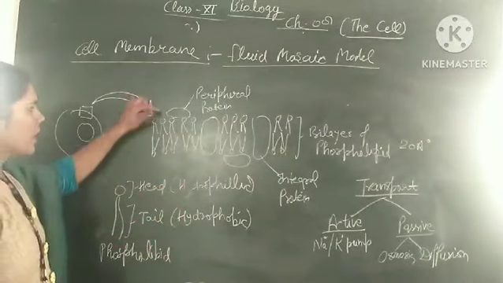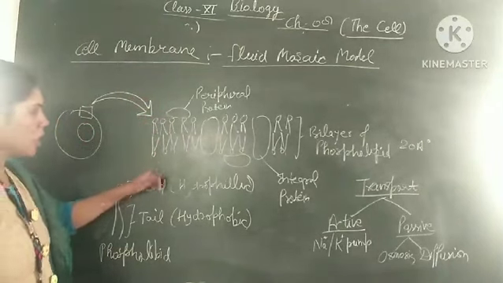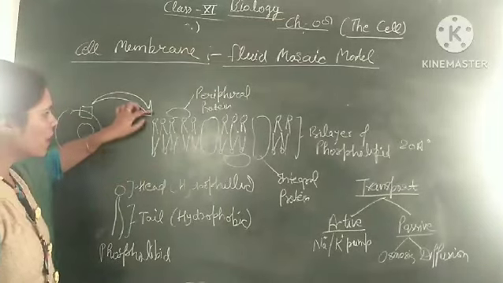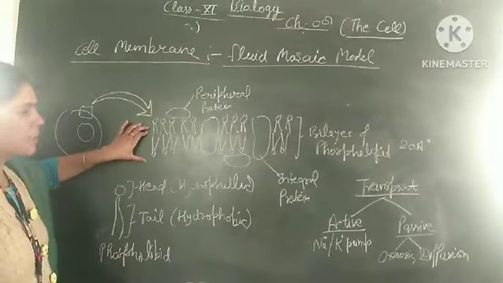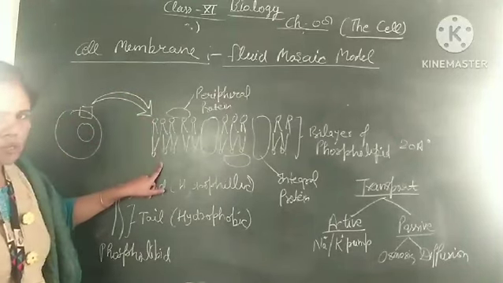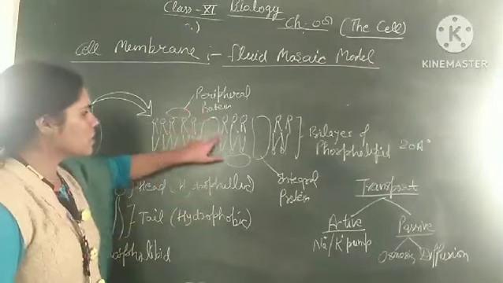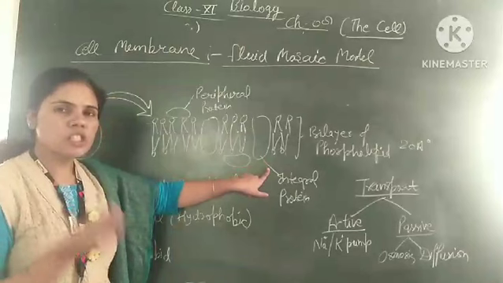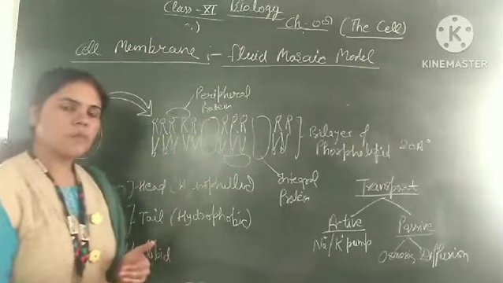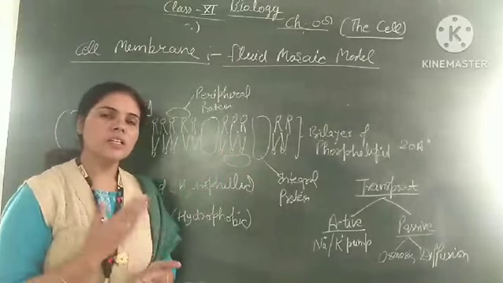It means that, as you can see here, this portion does not allow the entry of water because this part is hydrophobic and the outer part is hydrophilic. So water can only come here, but on this side water will not be able to be transported. For this purpose, there are some protein molecules which contain protein channels. These protein channels allow the entry of water molecules into the cell. Only through these protein channels can material be transported inside the cell.